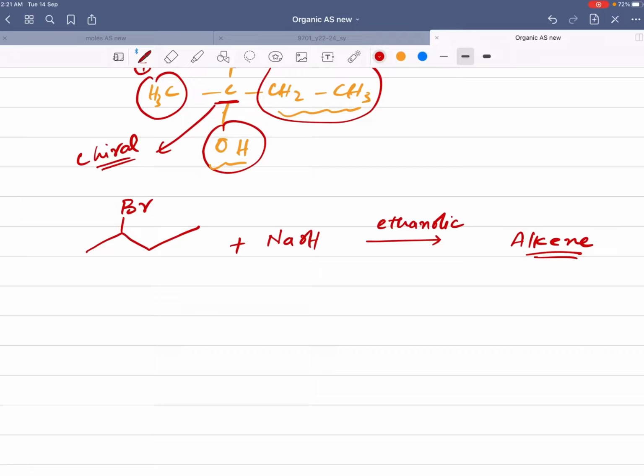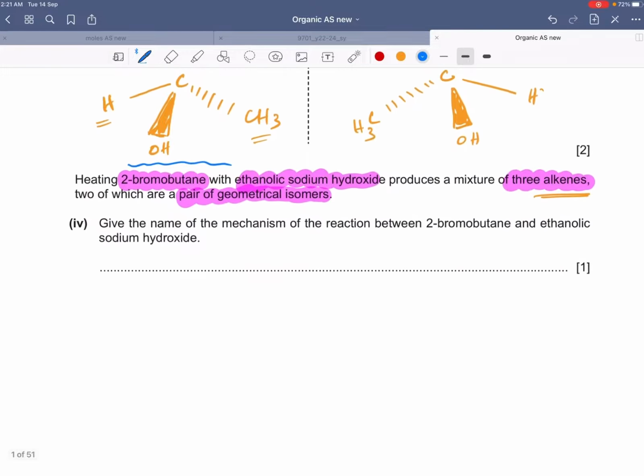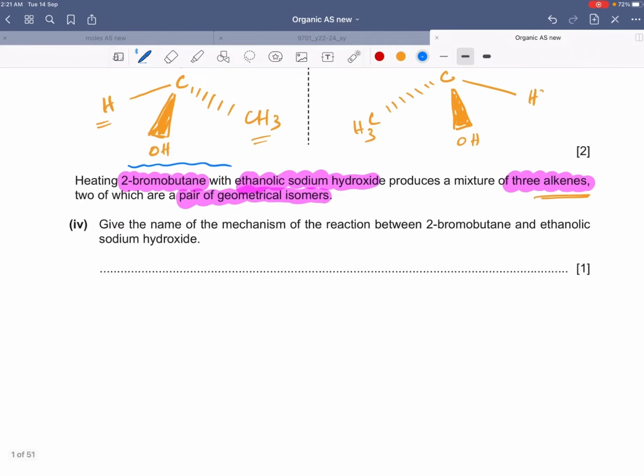different alkenes. And whenever we get an alkene from some reaction, that means this would be elimination, right? We have eliminated some groups because this was completely saturated, right? And we've got an alkene from this reaction. So that means that a few atoms have been eliminated. So this is an elimination reaction. Whenever you get an alkene as a product from an alkyl halide or from alcohols, that means elimination occurs in this part. So they're saying that 3 alkenes we get from this reaction.